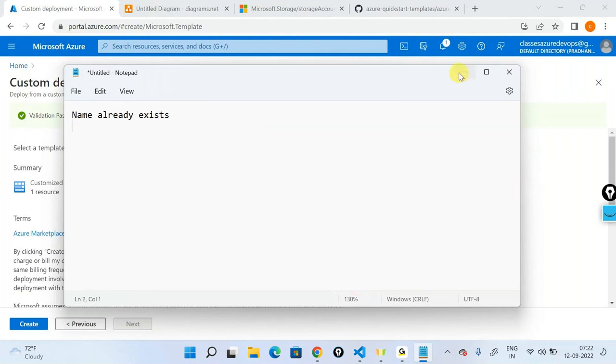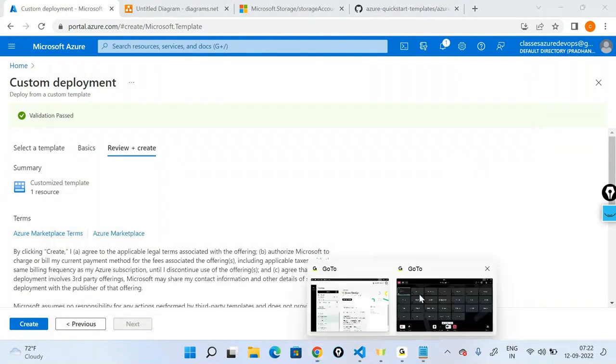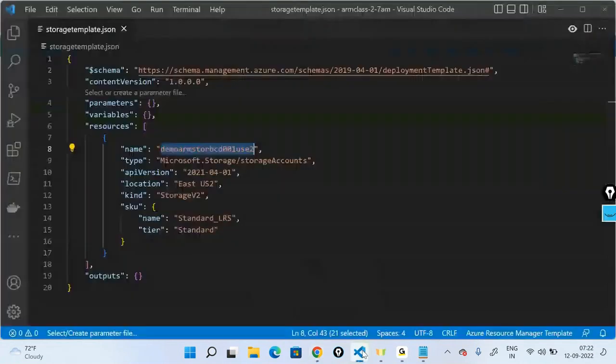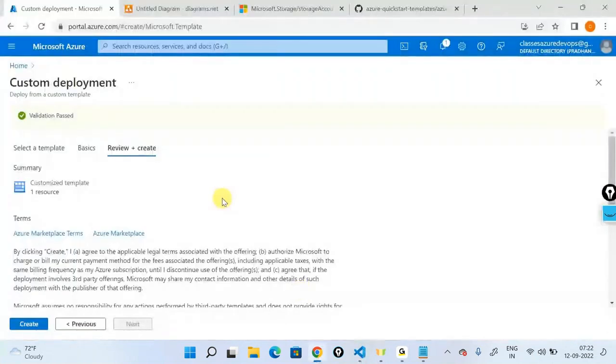Let's think about this. I also need inputs from the people who are online. The question is that I'm taking the same template, same properties, the same storage account name, the same location, everything the same, and redeploying it onto the same resource group. The resource group already has the storage account, which I created for the very first time. Now, if I create this again for the second time,